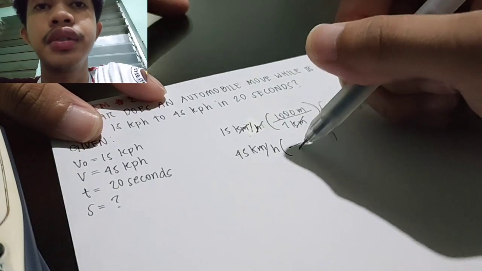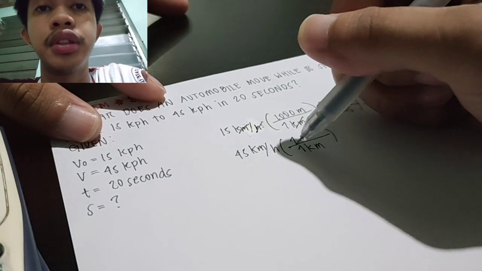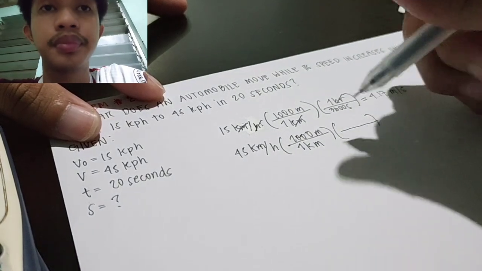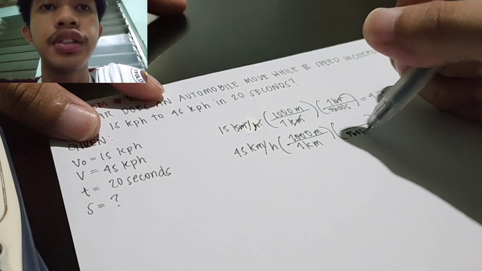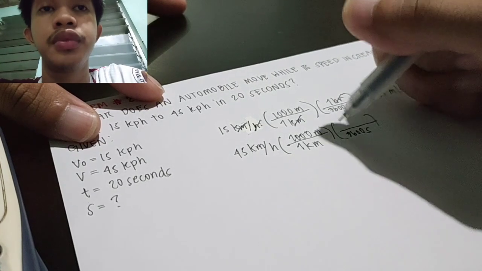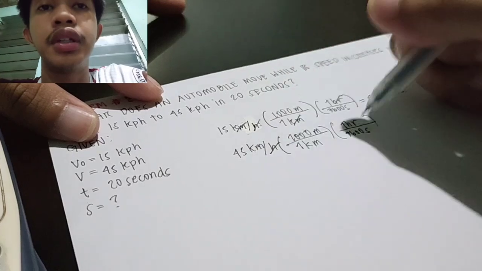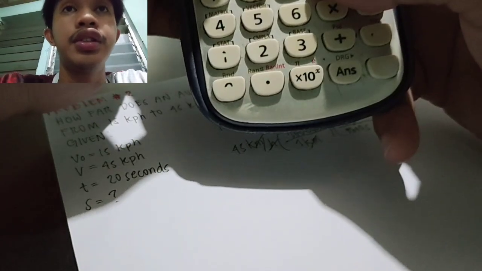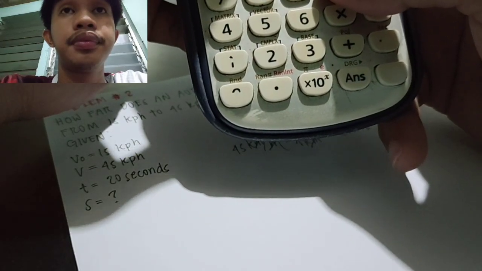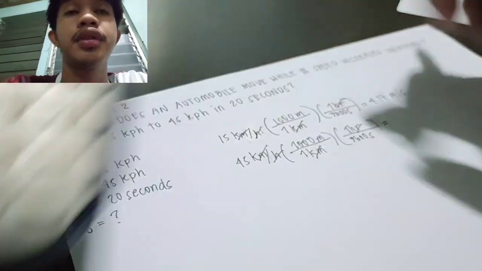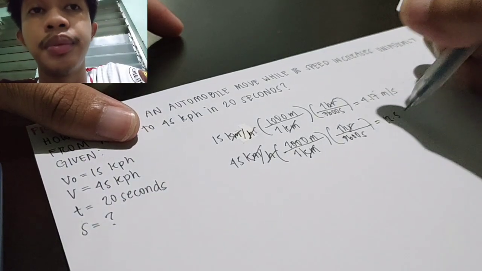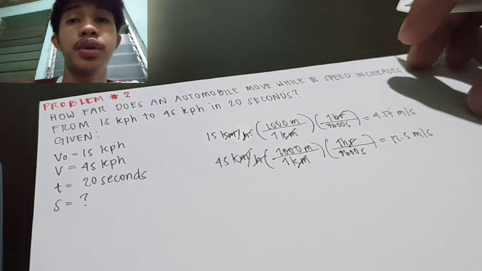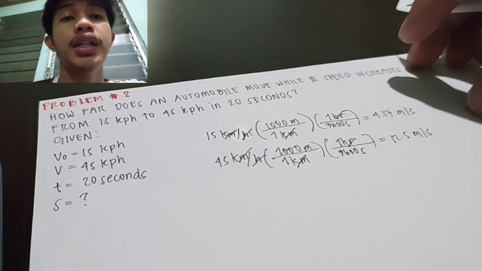Same process. 1000 meters, 3600 seconds, 1 hour. This will cancel, also this. So the answer would be 12.5 meters per second. So since now we have the same variables, we can perform the formula for finding S,